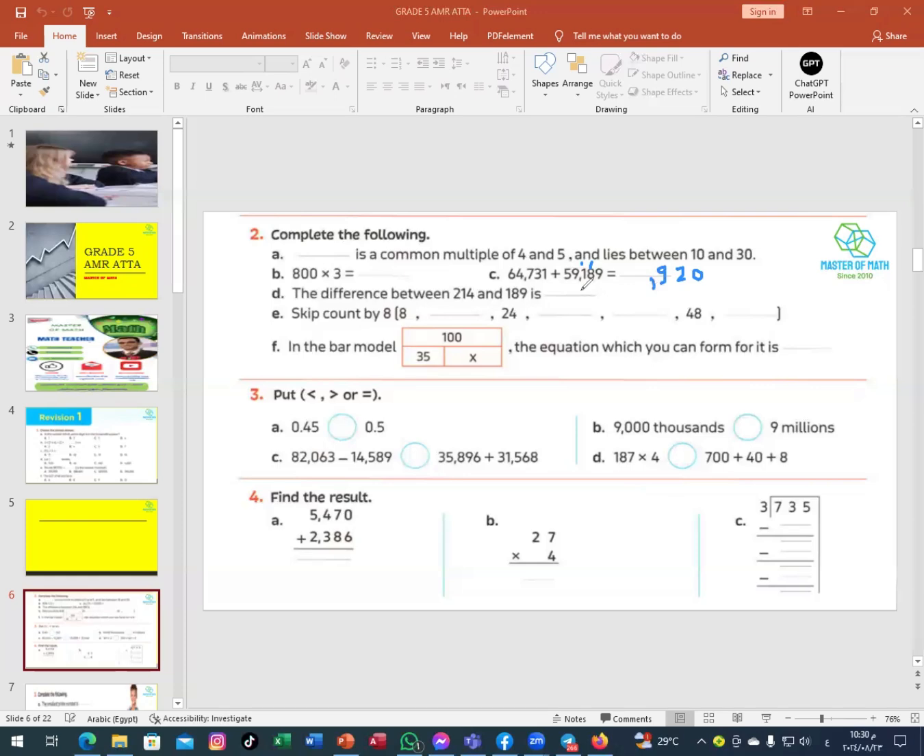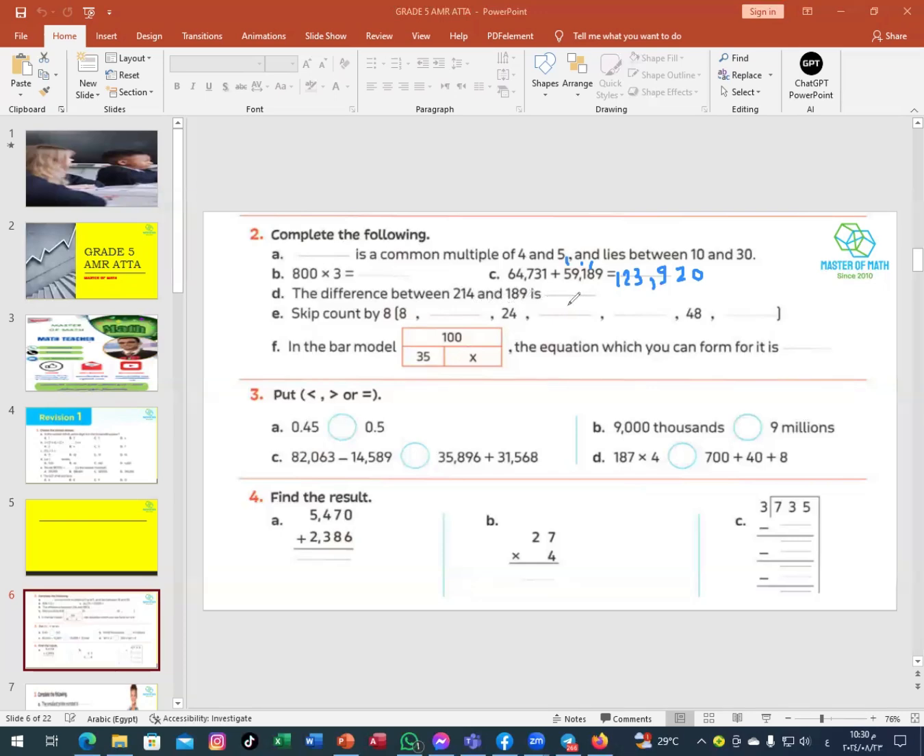Okay. 9 plus 4 equals 13. 3 and I have 1. Put it over 5. 1 plus 5 equals 6. And 6 plus 6 equals 12. So the answer is 123,920. Okay. The difference between 214 and